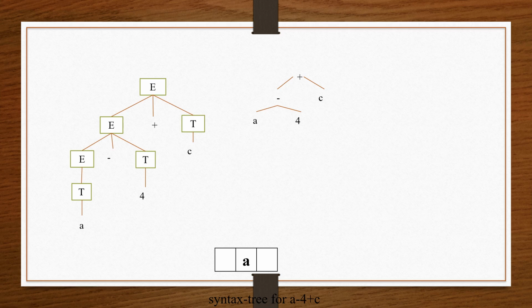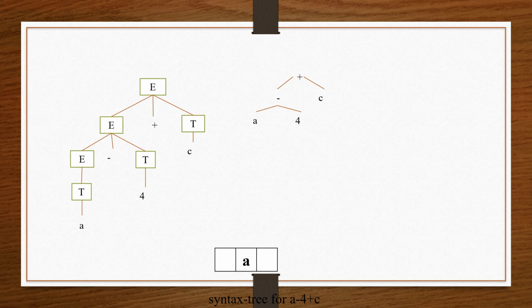So the address is assigned to T node. T node will contain the address of leaf node. Now, after that, the same thing is copied to E node, right? 1000 is assigned to E node. Understood. So that's why we don't want that particular node, because everything is pointing to the same memory location. Even E is also pointing to the same memory location. T is also pointing to the same memory location. Therefore, this is enough, right?